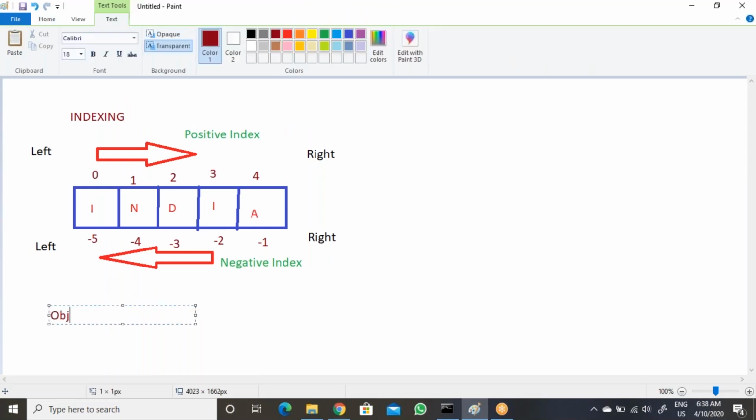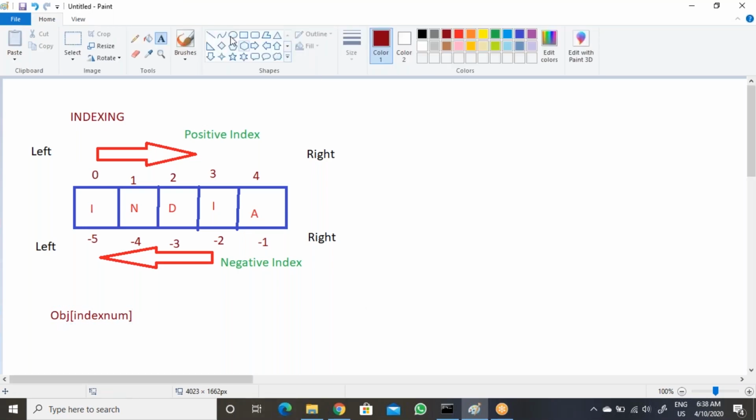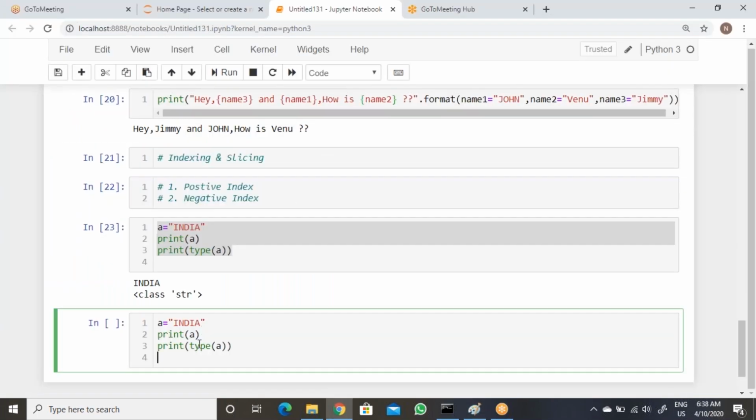Now let's see here. Okay, now I am taking the same example. Now what I am trying to do, you can write it here. So for index you need to specify the object or variable, whatever, then the index number like this. You need to pass it like this.